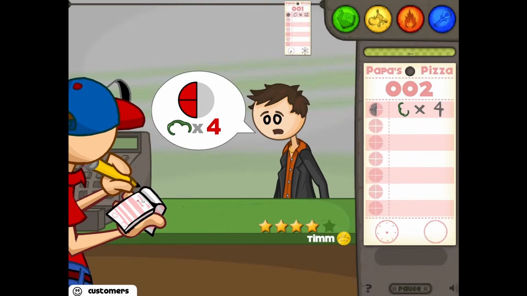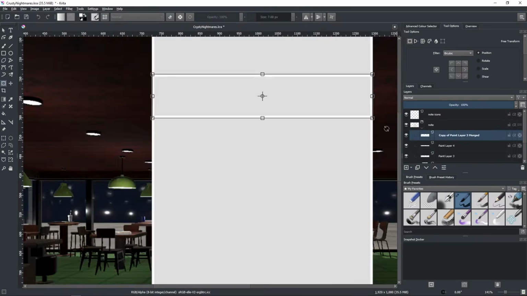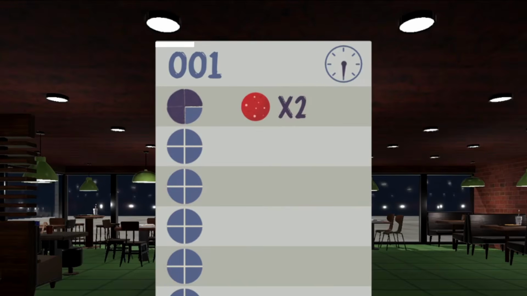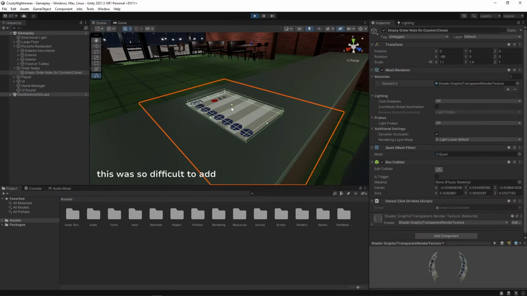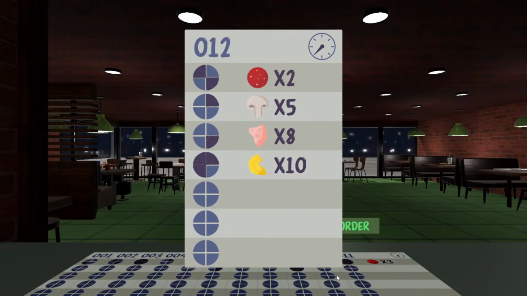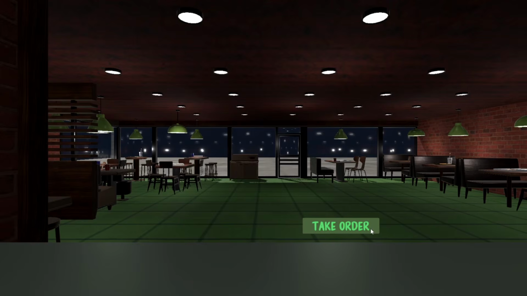When a customer gives you a pizza order, you write it down on this order note. So I drew the order note that you will receive, making sure to include the bake time, the order number and a list of toppings with the amount and where they want to be placed. I spent way too long making it so multiple order notes can be placed and picked up on the counter. But finally the order system is complete and you can take pizza orders from